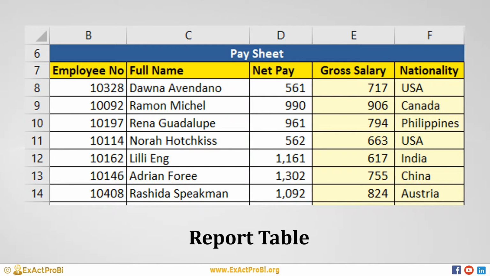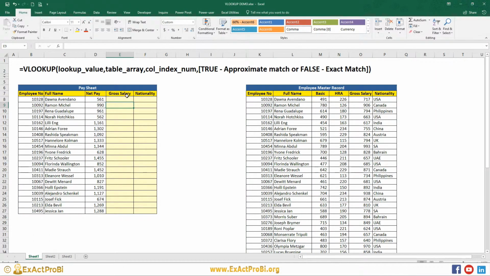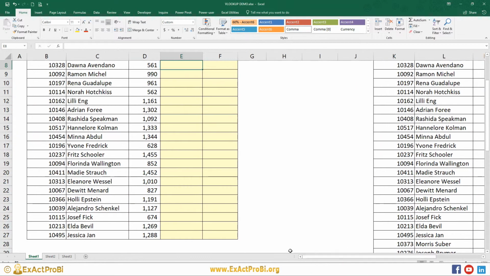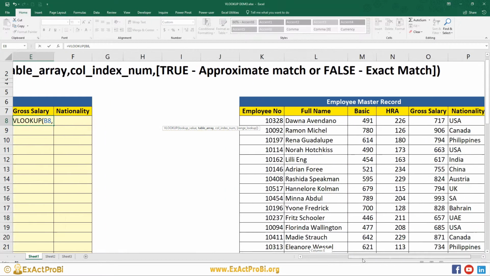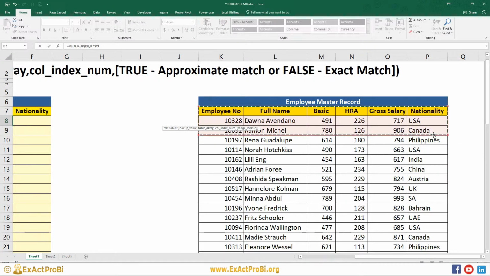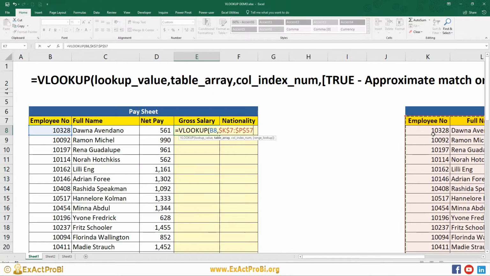And let's see this particular formula in action with an Excel demo. So we are in the Excel demo now. These are the two tables I was referring to. Now in cell E8, I'll just zoom a bit. We'll be writing VLOOKUP. B8 would be our lookup value, and the table array would be this entire table, and I'll freeze it with F4.